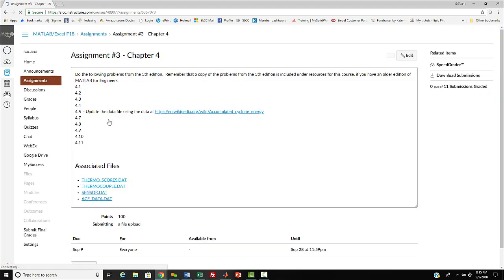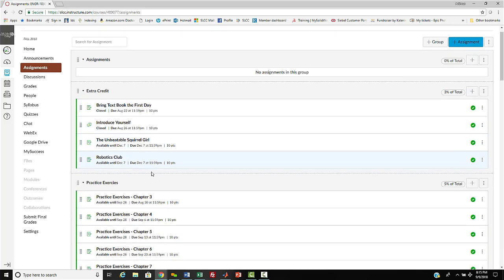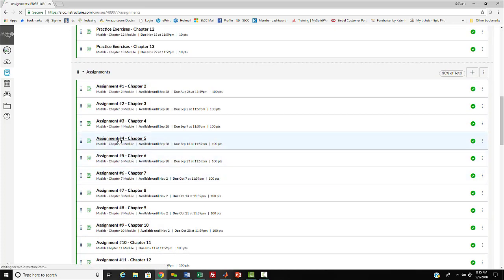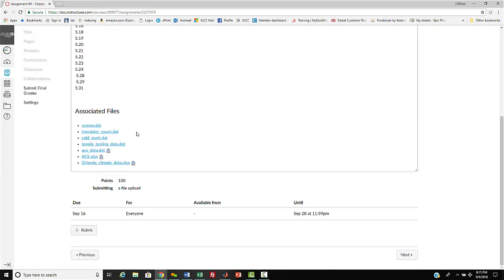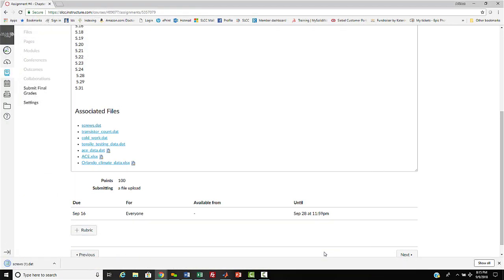So I will show you the more rigorous way that I have found to do it. We got more assignments, variations on chapter 4. So the best way to do this, okay, first option is right mouse click, do a save as, and check the type. If it comes out as a .dat file or the Excel file, then you can just do a save. Obviously you want to locate it to your current folder so that MATLAB can find it to load it into